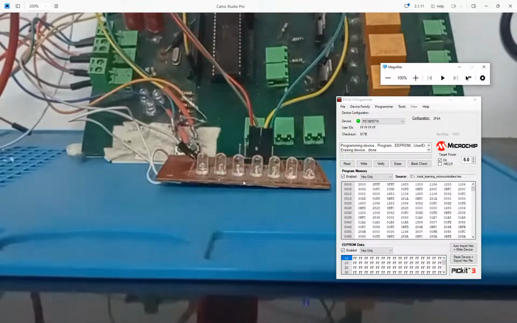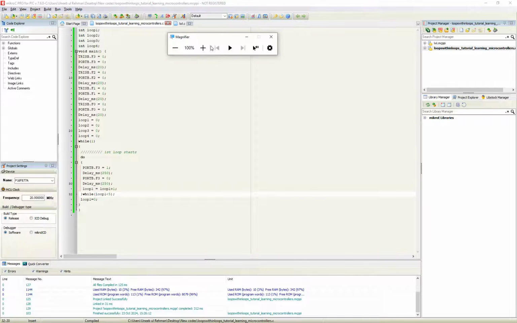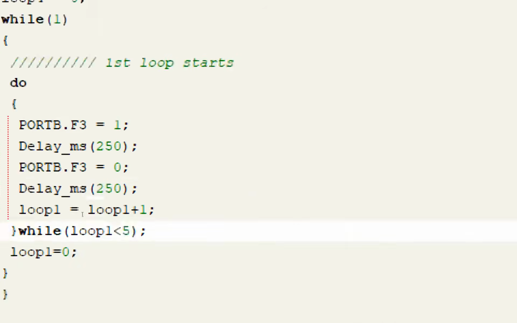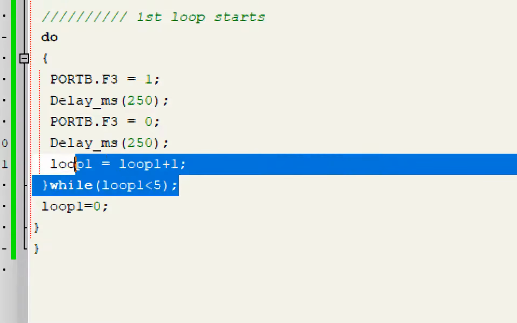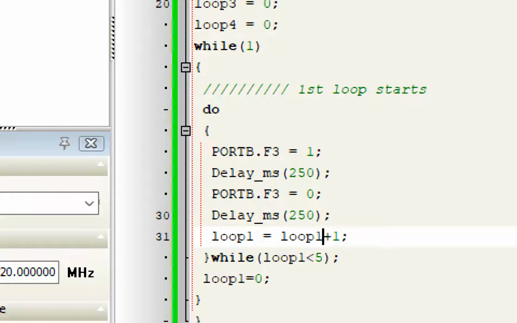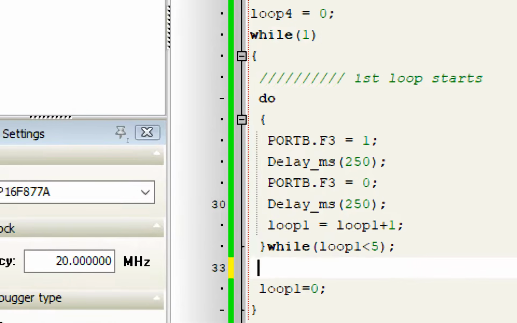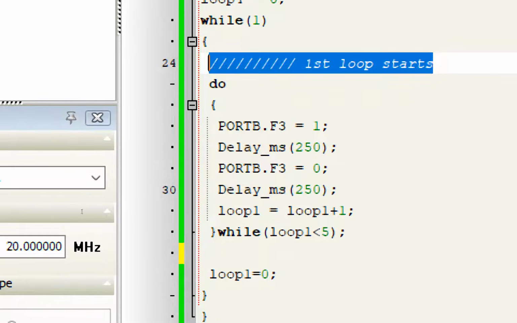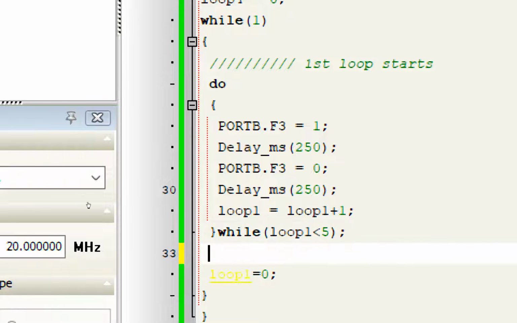See, it is repeating. It's working fine because we have not stopped the code. What is happening here is that it repeats for 5 times and then it keeps on repeating in the forever loop because we are not stopping the code. Now what I do is I write a comment here that this is where the first loop ends. I call it first loop